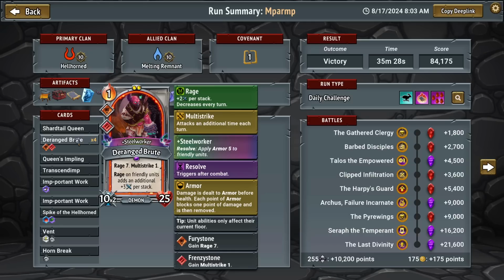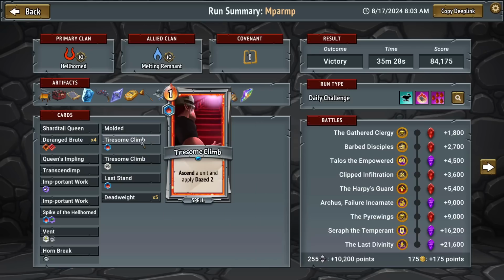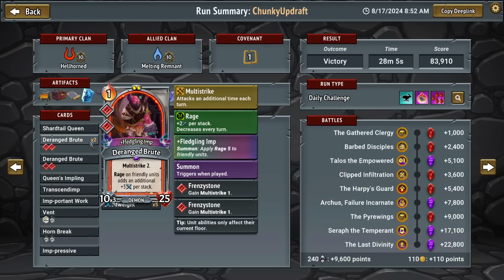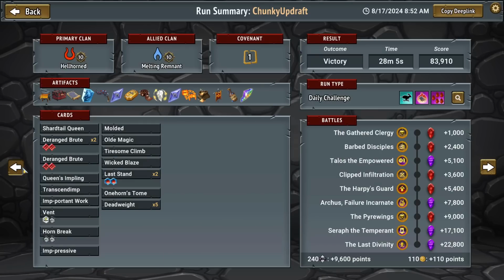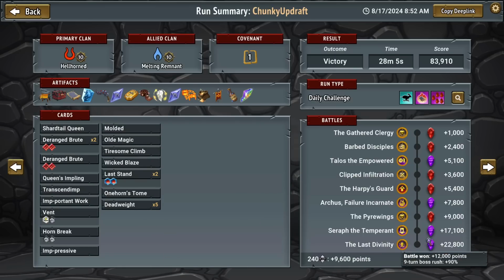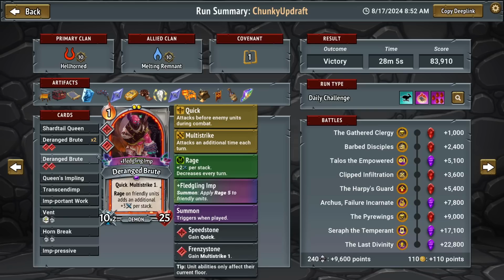Rage 7 as an upgrade. Cheeky. They didn't do the Fledgling Imp, though, which is really interesting. I guess they didn't see it, but they still win. Okay, so like number 2, this person should be in front, but they must have messed up. Yeah, 9 turn, like, of course. Yeah, they're way ahead here. How did they not get the...